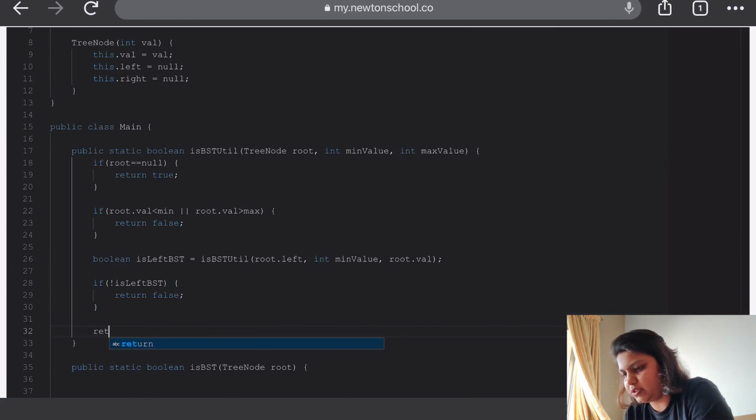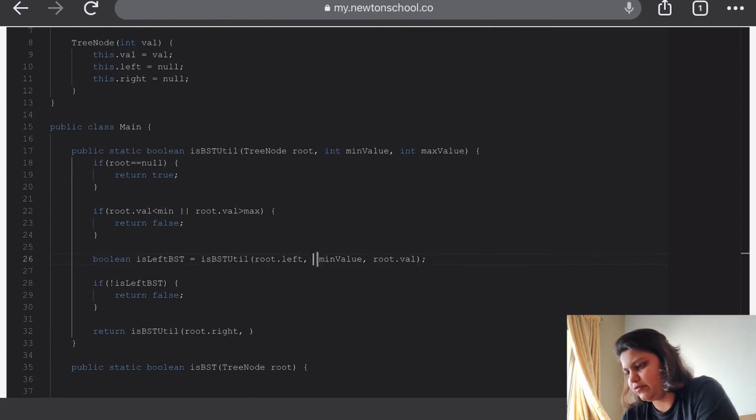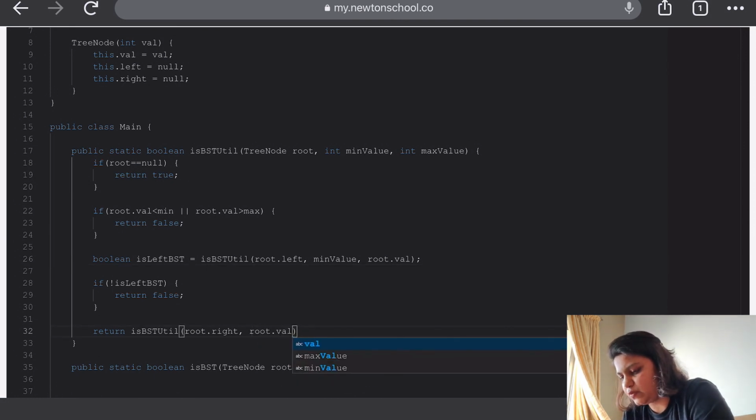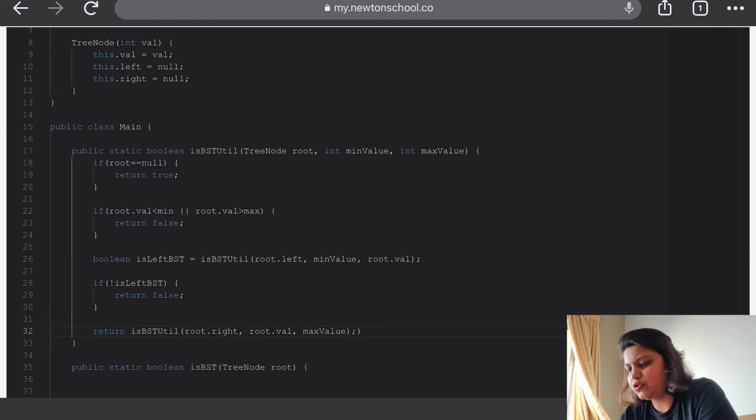Else we are going to return the result of our right BST. And for the right, as we know, the min gets changed because now it can have a value greater than or equal to val. The max will remain the same. And so this is the code.